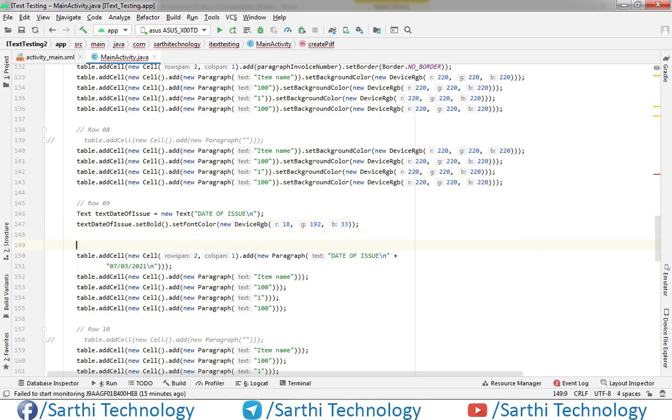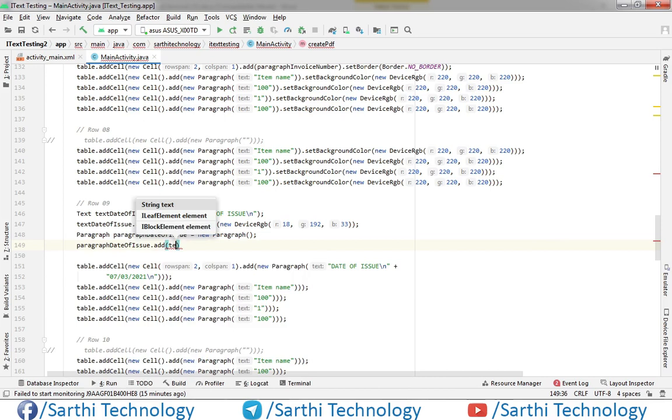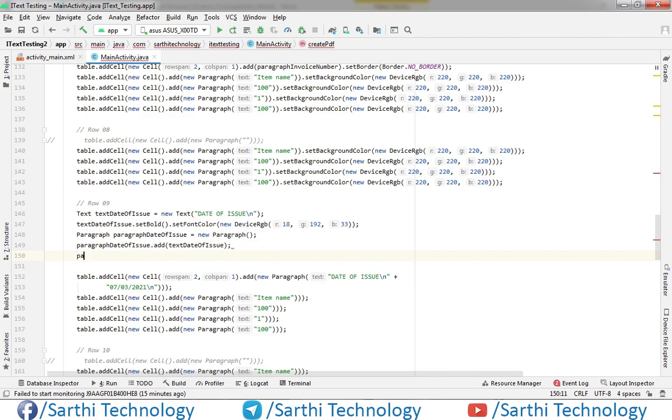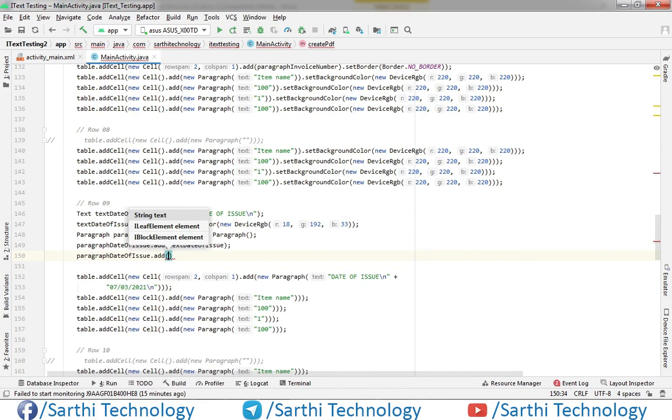Now create one paragraph. Paragraph date of issue dot add text date of issue and the date is this, so just copy.